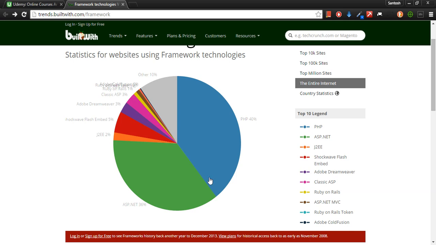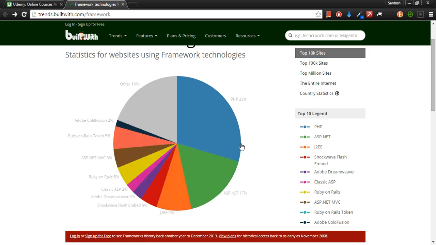the major accommodation is for PHP, ASP, Shockwave, as you can see, and also Java. But if you look at the top 10k sites, you can be sure that these are some of the top players across the globe. They use 29% of some sort of PHP, about 17% of ASP, and then there is Java over there, J2EE, which is Java 2 Enterprise Edition, 9%, if I'm not mistaken, right?